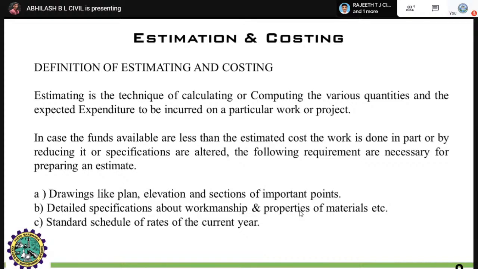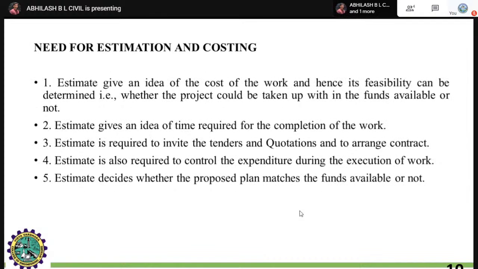Here, the particular rate of the material will vary with respect to that month, right? Not day by day or month by month. It varies on a daily basis, right? In such cases, you have to give different types of planning for your construction, right? There are separate sectors for consumables and one-time expenditures.